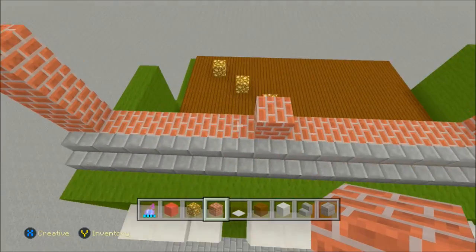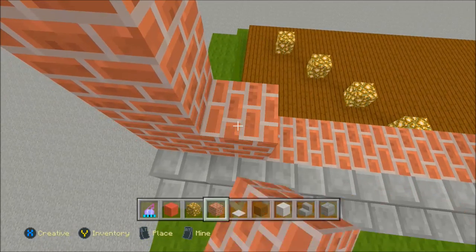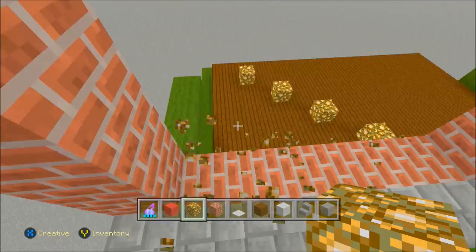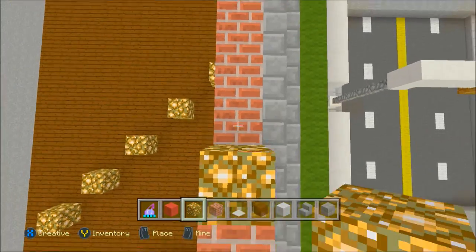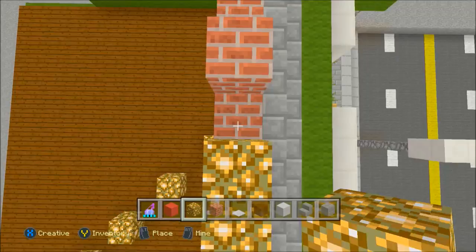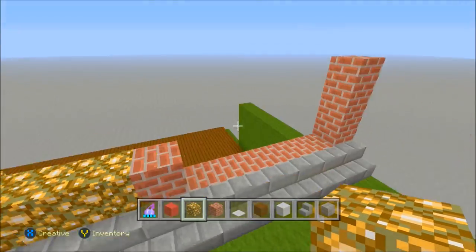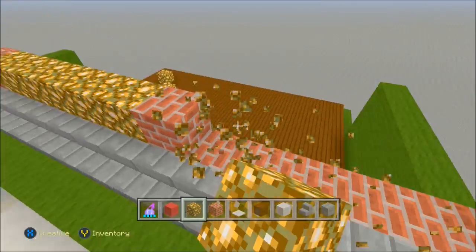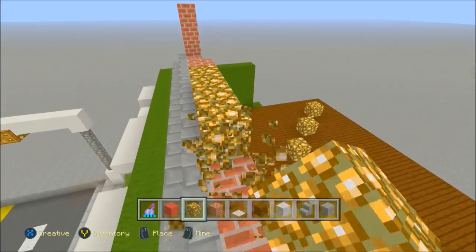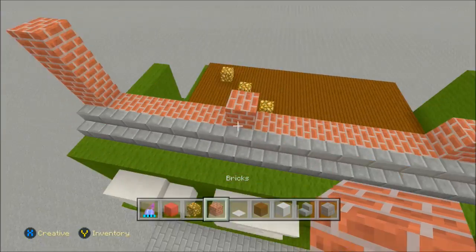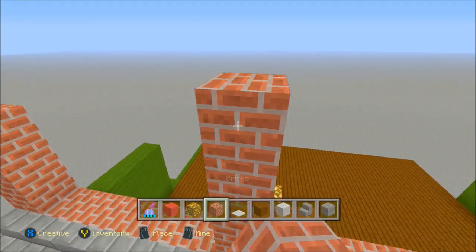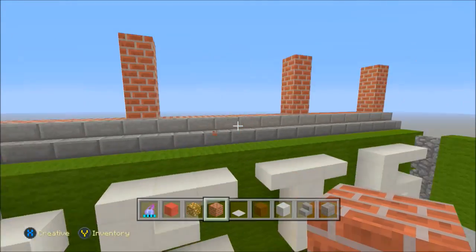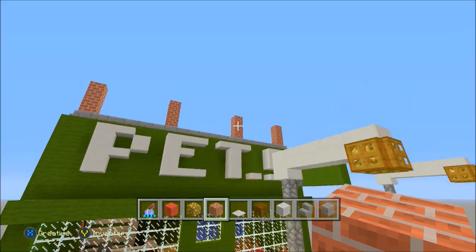So all we want to do is basically just count 6 from there. So let me just count it again. 1, 2, 3, 4, 5, 6, and then just place the brick down there, and then just go 1, 2, 3, 4, 5, 6, and then place another block there, and then just 1, 2, 3, 4, 5, and then of course that's there. So it's 5 spaces between here, and then 6 blocks in the middle here. So now what you want to do, guys, is build the rest up like so, just to the same height as the others, just so that everything is equal.